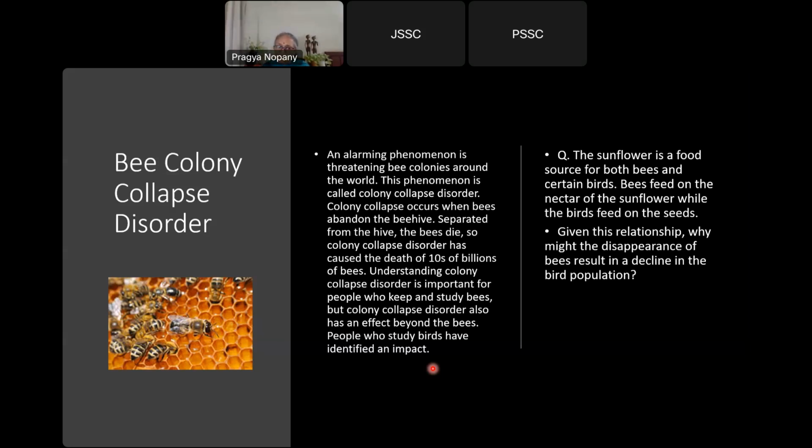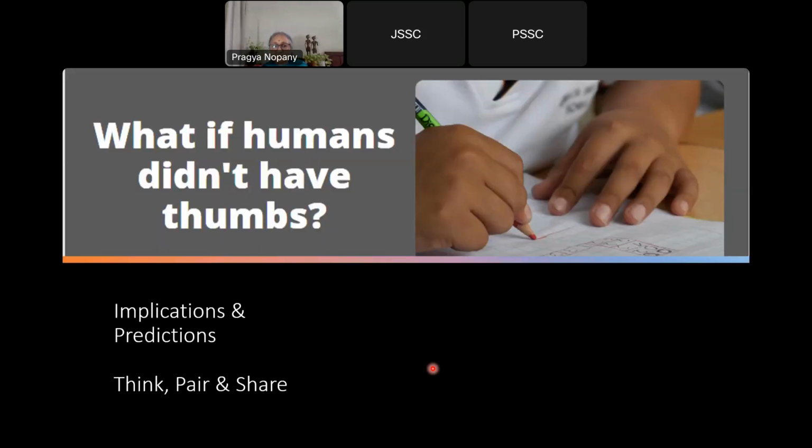So when we give situations like this through case studies, then again we are nurturing the competency of children to be able to apply what they have studied in real life situations or new situations. The transfer of knowledge, this competency, we are nurturing. And then last is, give them situations whose implications they can understand and they can predict what will happen.